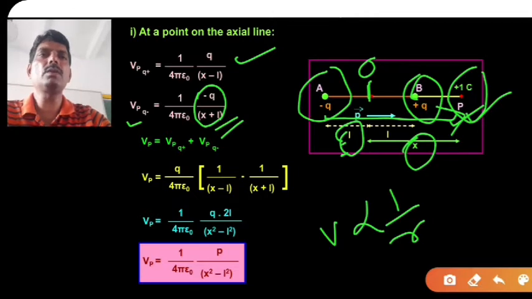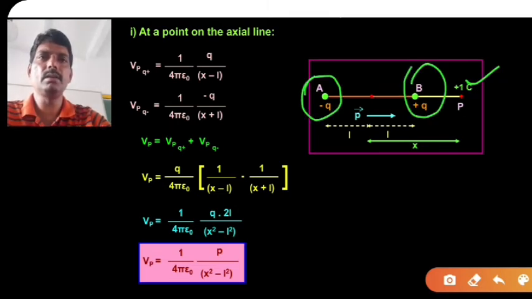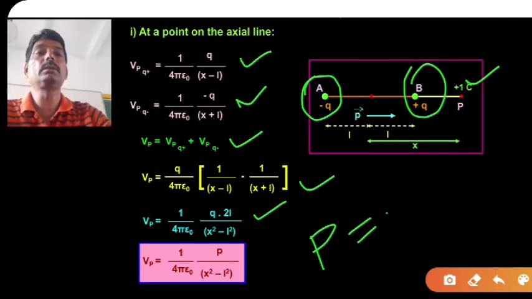Very simple one. So the potential at this point P due to these two charges will be V equals V1 plus V2, the potential due to charge plus Q and the potential due to minus Q, the sum of these two. So you will get the resultant by putting the value of the potential due to the positive charge and the potential due to the negative charge. You will get the final equation, and putting the value of dipole moment p, you will get p equal to Q into twice L. That you will get as the dipole moment.